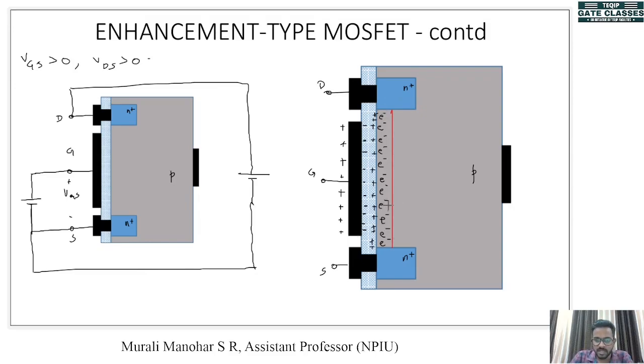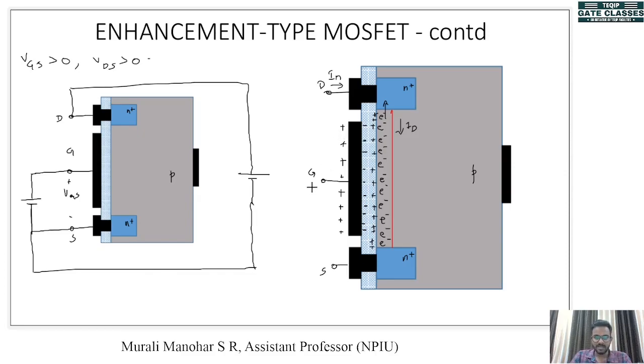Now because of this channel, now we have already supplied this drain with a positive voltage. This positive voltage will attract the electrons inside this channel and they'll start flowing in this direction. So there is an ID current here which flows in this direction. So drain current will flow in this direction. So here by construction there is no channel, but we are enhancing a channel inside this P substrate by giving a positive voltage to the gate. Okay, so this is an N-channel enhancement type MOSFET.